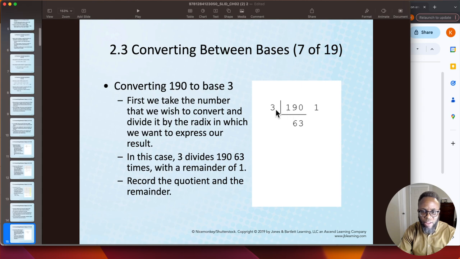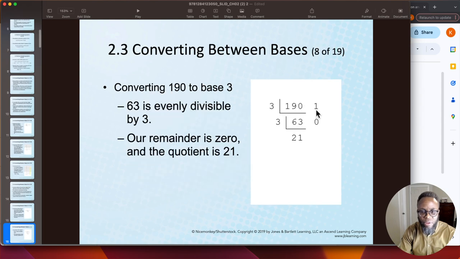This is the divisor. You divide this by 3. How many times does 3 go into 193? 63 times with a remainder. And you keep dividing. So you say, okay, how many times does 3 go into 63? 21 times with a remainder. You keep dividing